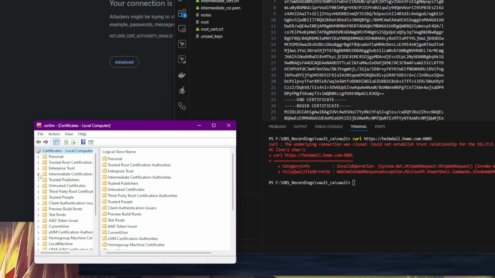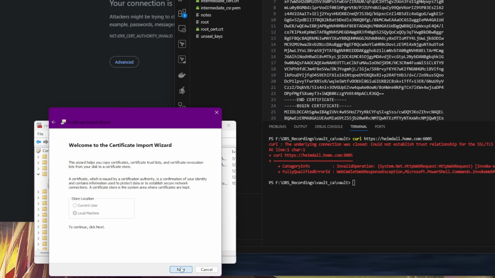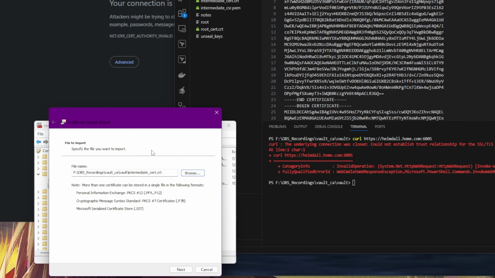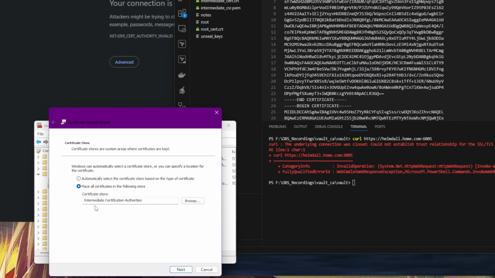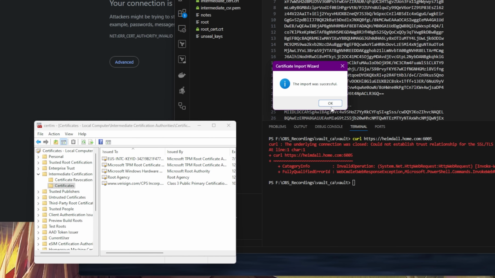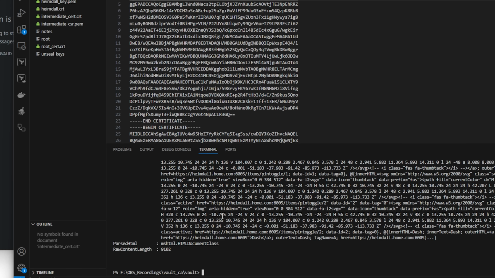So now we're going to do the same thing, but under the Intermediate Certification Authorities, Certificates, All Tasks, Import, Local Machine, next, browse, intermediate cert. So this is the certificate that was issued when we created our intermediate certificate authority. Next, we're going to place it in the Intermediate Certification Authorities location. Next, finish, import successful. So now I'm going to run the curl command again, and we no longer get an error